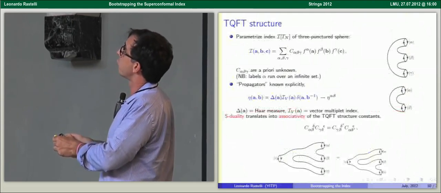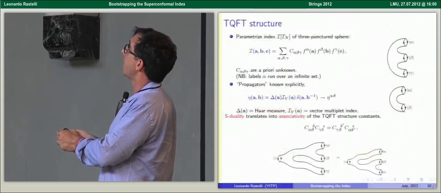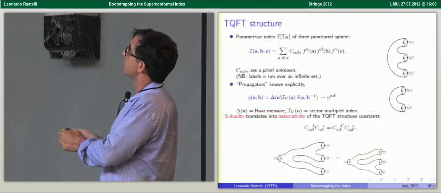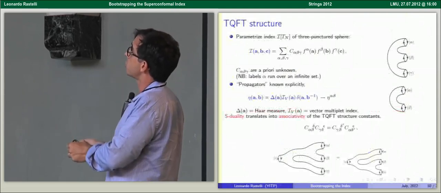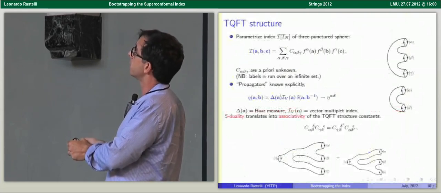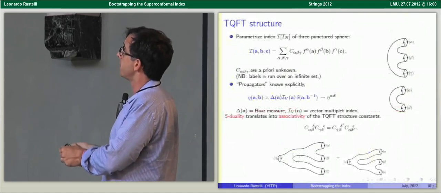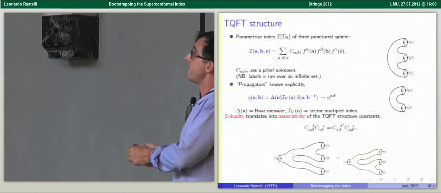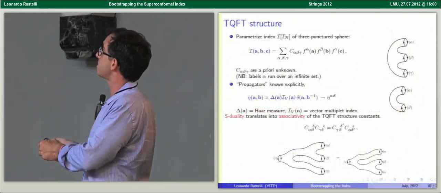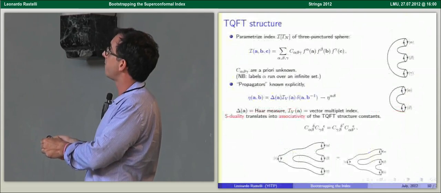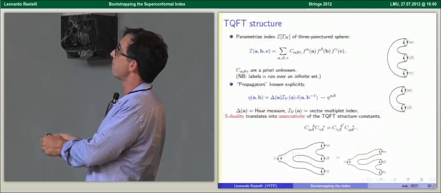Maybe if you prefer to go from a continuous to a discrete basis, we can choose a complete set of class functions where alpha labels irreducible representations of SU(N), and then this C_alpha beta gamma are the topological structure constants. Similarly, there's a propagator, and the statement that the theory enjoys S-duality means that you can cut in different ways, and that means that the structure constants have to obey an associative algebra. If I think of this as matrices, so if C_alpha is a matrix labeled by alpha, with indices beta and gamma, this is the statement that C_alpha commutes with C_gamma.